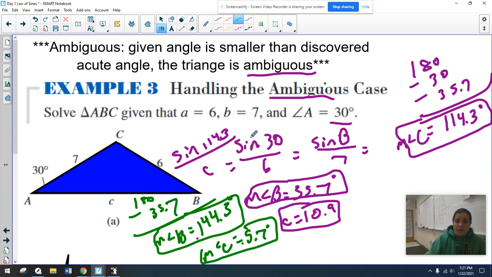And then you can just cross multiply the same way we did here. So keep the sine 30 over 6, and then you can do your C so that you can get your little c. So I've got sine of, and again, I would use more than just 5.7 over little c, cross multiply and get your little c. So you can actually have 2